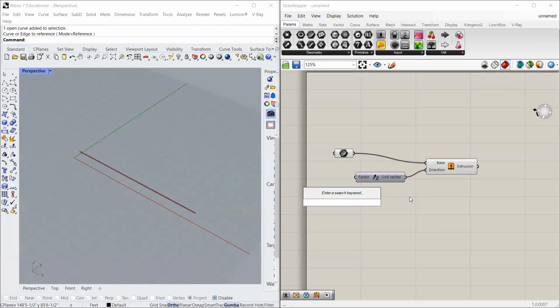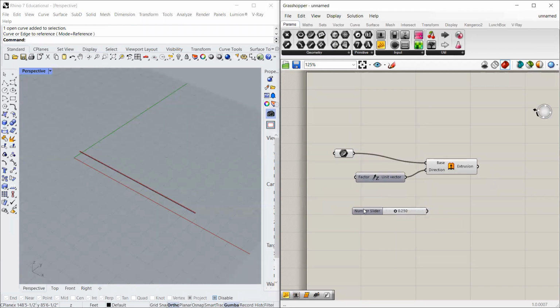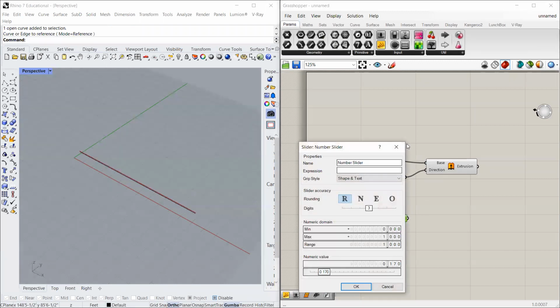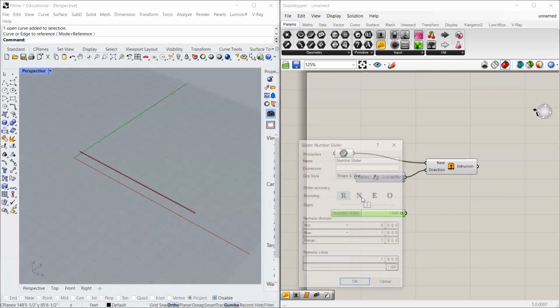Something I actually learned recently in Grasshopper, maybe you all knew this: if I double click and I type number slider, I can get a number slider that is a real number slider. It goes from 0 to 1. And I could obviously double click inside of this and change the